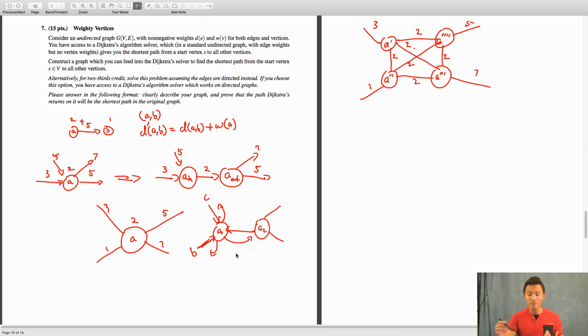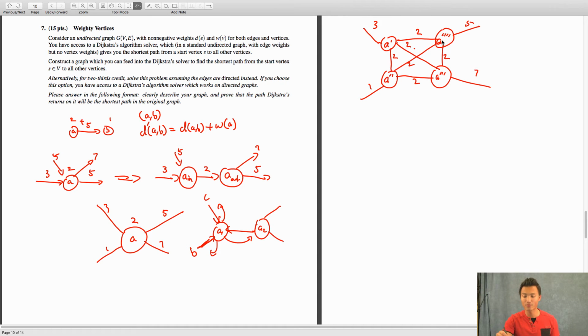Because in the priority queue, I visit 3, I pop up A1, right? Now I visit this vertex, this vertex, this vertex. I've accounted for the possible shortest path to these 3 other vertices from A1. Now I look at this. Okay, this could be a potential shortest path. Because I've never popped this off my queue, now I pop A prime prime off, right? I can now see, okay, could I make this a shorter path through this node after I just consider the shortest path through this vertex? And the answer is yes, because I now have this other edge that I could use